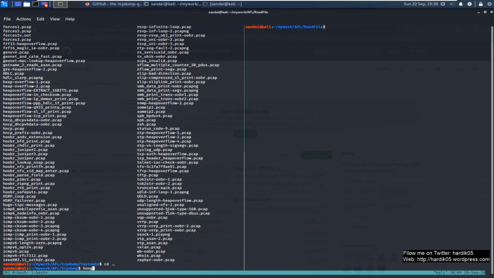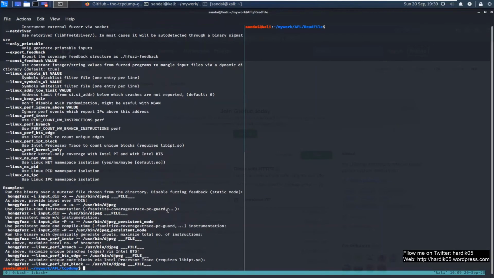So the command for Honggfuzz will be pretty simple. If you don't know, you can simply run honggfuzz and it will give you all the example options. In our case, what we are going to do is run honggfuzz with -i tests, this is the folder which contains all of our test cases which come with the GitHub repo.